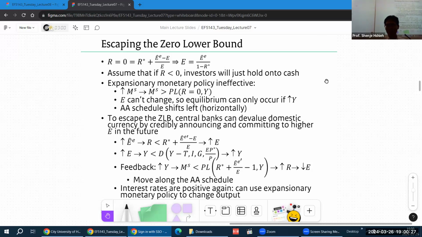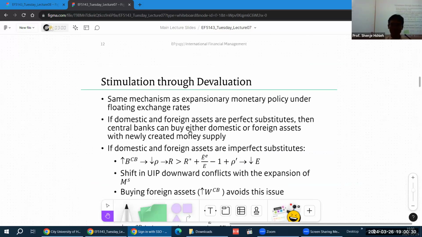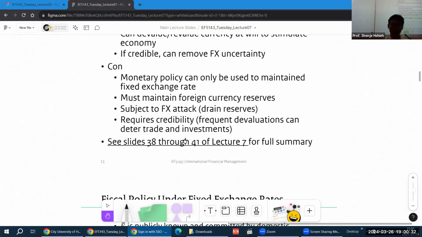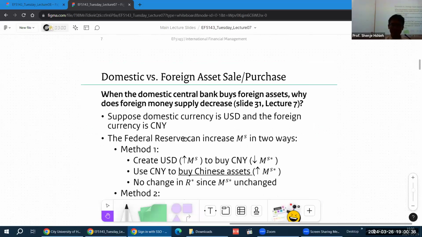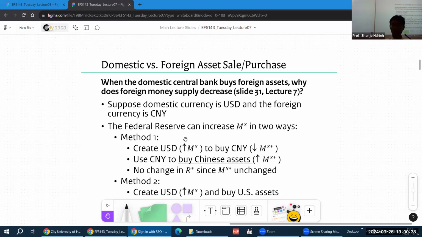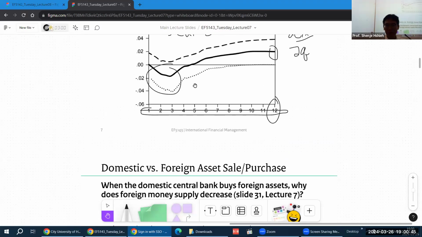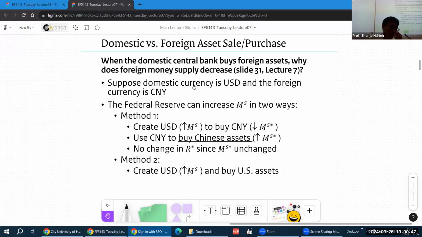Okay, so I promised I will recap a little bit from last week where we left off on the final lecture on exchange rate determination. So we talked about managed exchange rates, the pros and cons, and we specifically talked about deviations away from UIP, which is always our baseline assumption when talking about financial or economic models. We assume there's perfect markets, right? But when we want to be realistic,